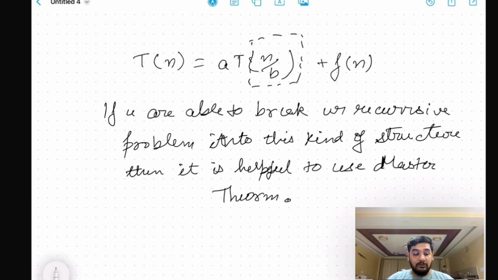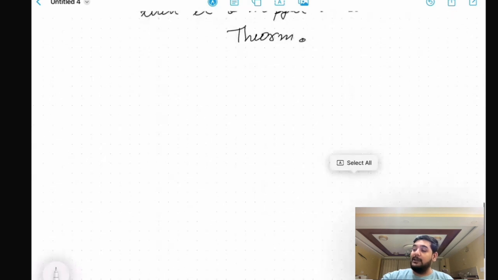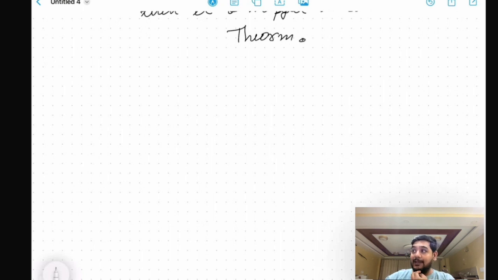Now generally, to use the master theorem there should be some formula, right? When I say remember, don't mug it up, just take these cases. I will explain everything. Please raise your hand if you are not able to understand. Once I complete the entire topic, I will explain again line by line if you require.